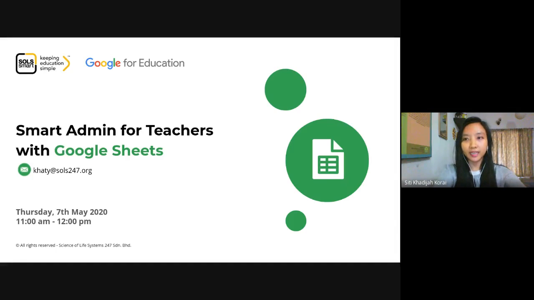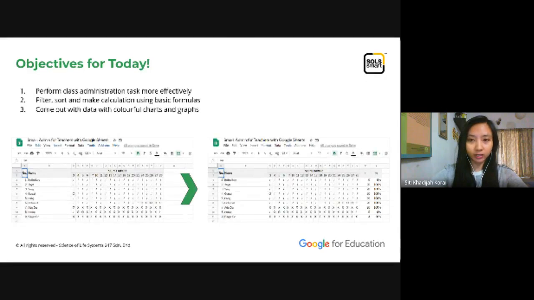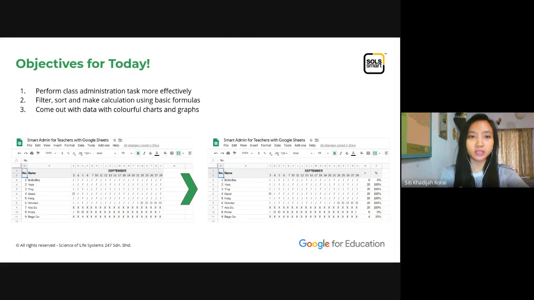So for today, we are going to talk about how we can use Google Sheets to make it work as a smart admin, especially for teachers. Okay. Alright. So this is the main thing, our objective for today, which is how we can perform class administration more